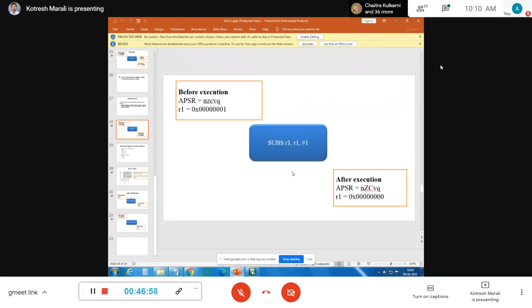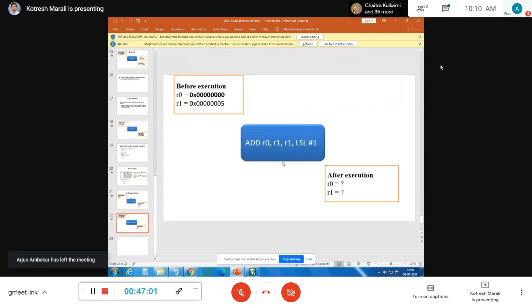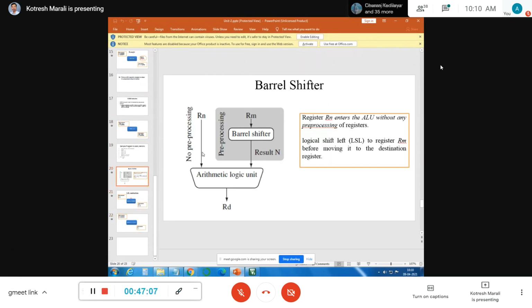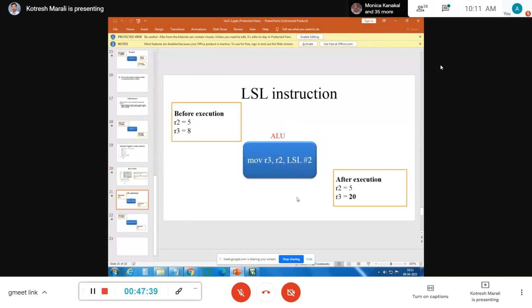Then again we are sending R1 through another way without processing. R1 is sent here itself as it is. So through the barrel shifter R1 and here also R1, R1 comma R1. Through the non-processing path, I am going to get R1 as 5. Through the pre-processing path, I am going to get 10. So therefore, 10 plus 5, I am going to get 15, not A.